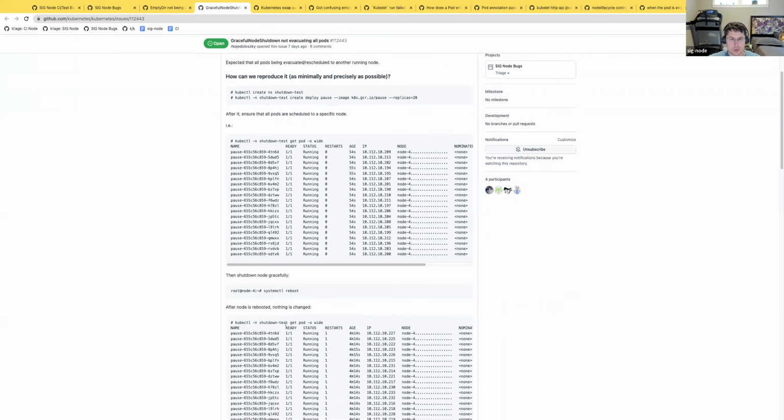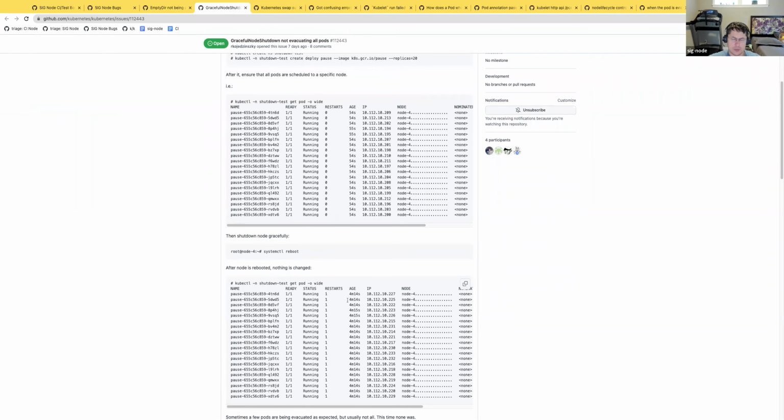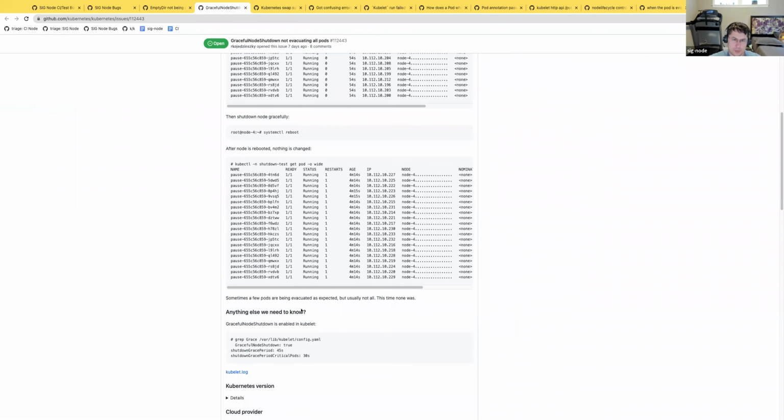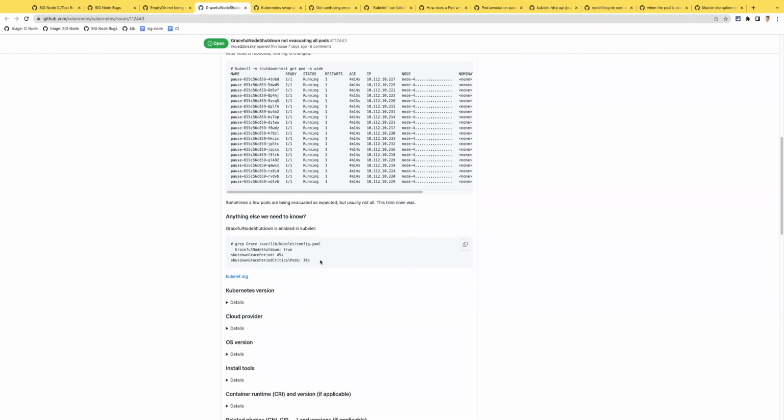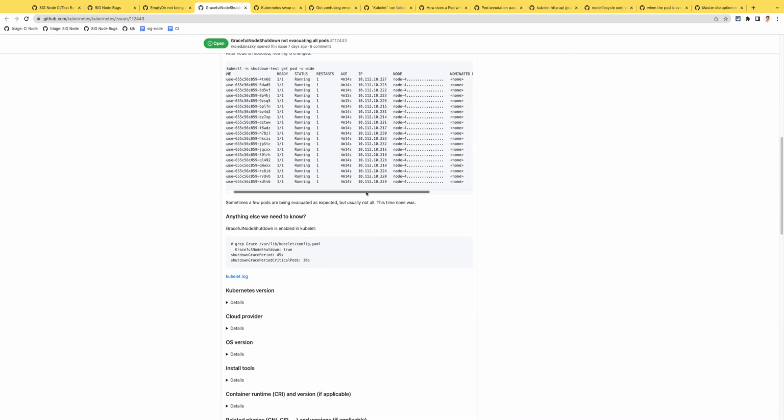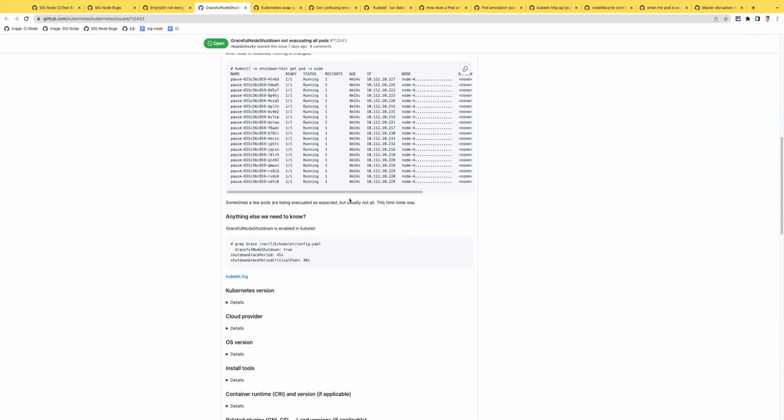Okay, shut down gracefully. This is working as designed, I think. Once a pod gets assigned to the node, it won't change unless it's part of like a scheduled job or some other type of workload.